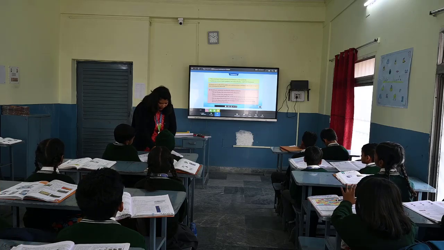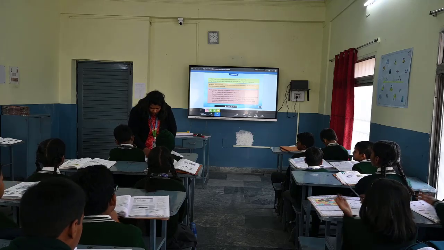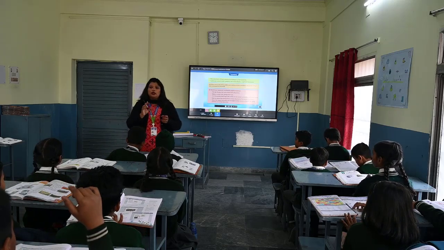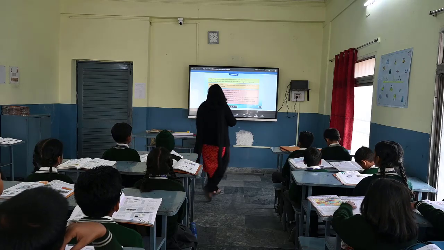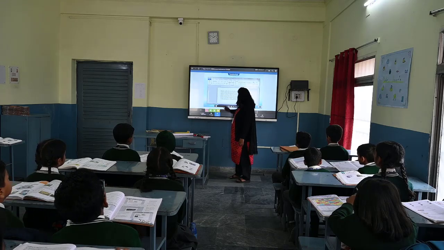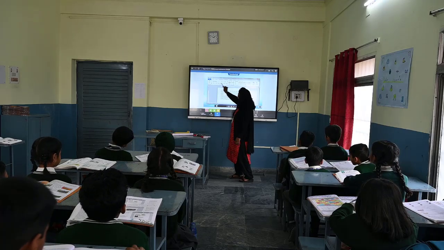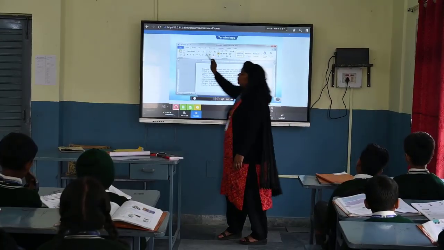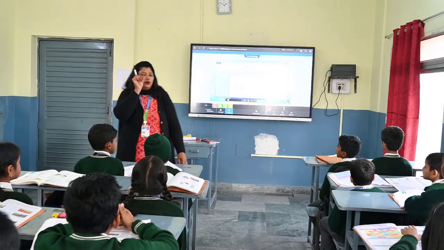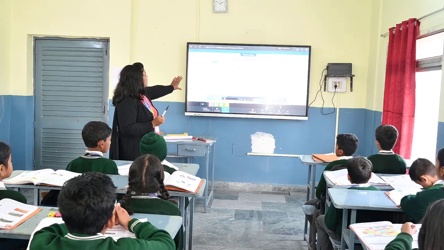Okay, pictures, how will you add? Do you remember? In the Insert option, you have to go to the Insert option. When you go to Insert, all the tools will open. There you will find one option, Pictures. So when you click that, you find the location where your pictures are saved. Click that and the picture will come automatically on your document.